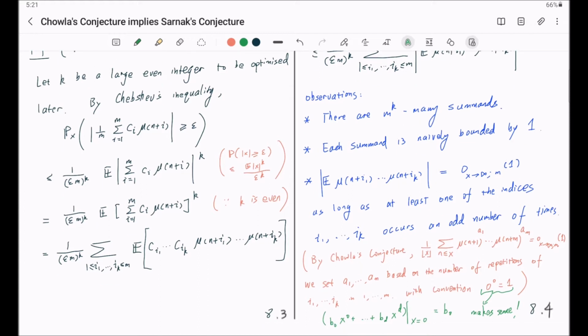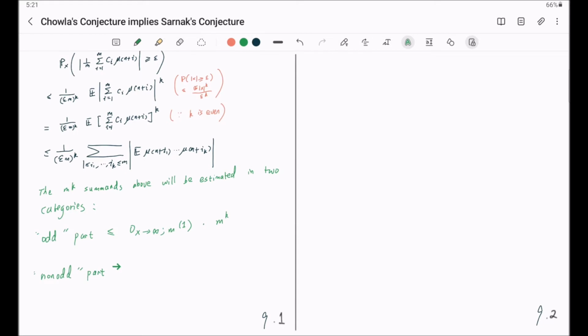And each individual term will be trivially bounded by 1 for that part. So this will be less than or equal to 1 times the number of k tuples